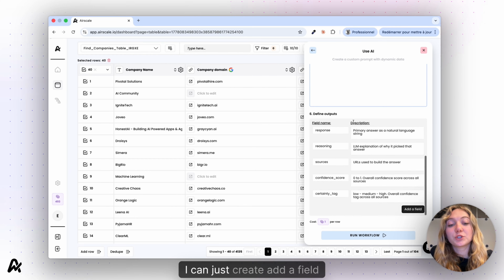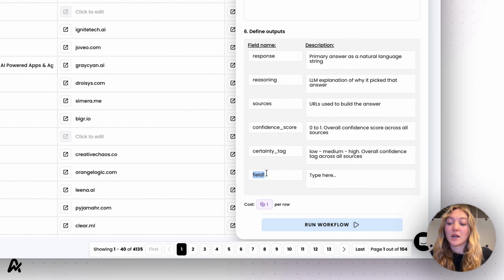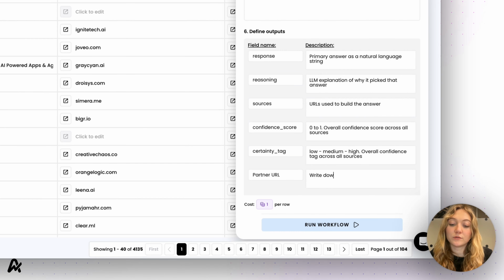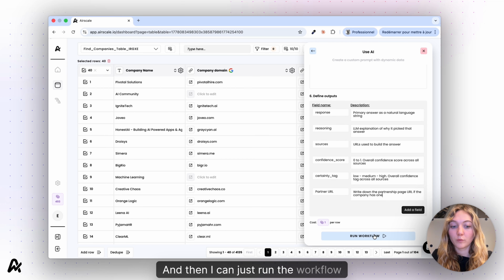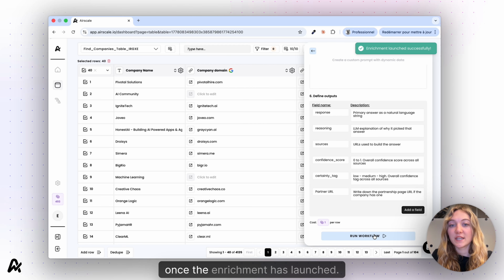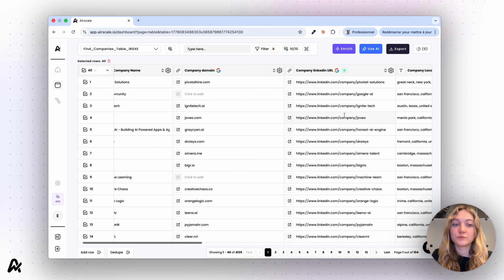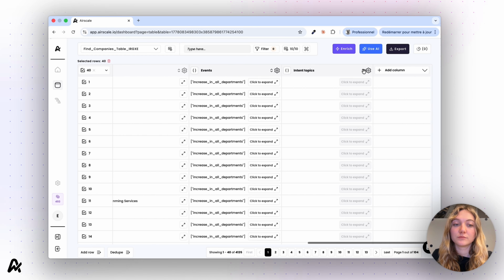And in order to do that, I can just add a field and then here write partner URL, and I just briefly have to write in what I want AI to return. Write down the partnership page URL if the company has one. Okay. And then I can just run the workflow. Once the enrichment has launched, I will now have a new column at the end of my table right here,